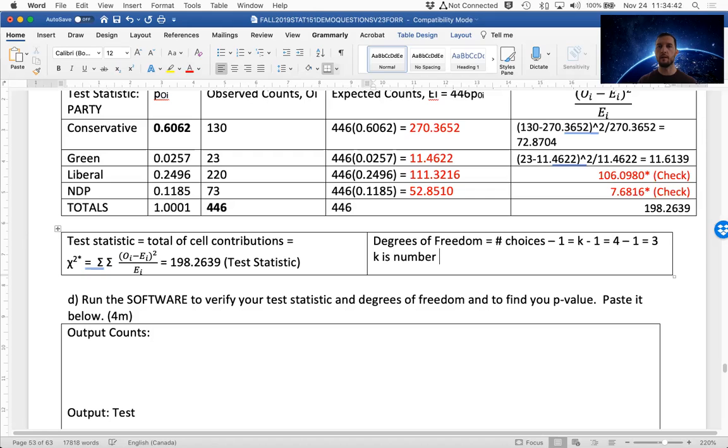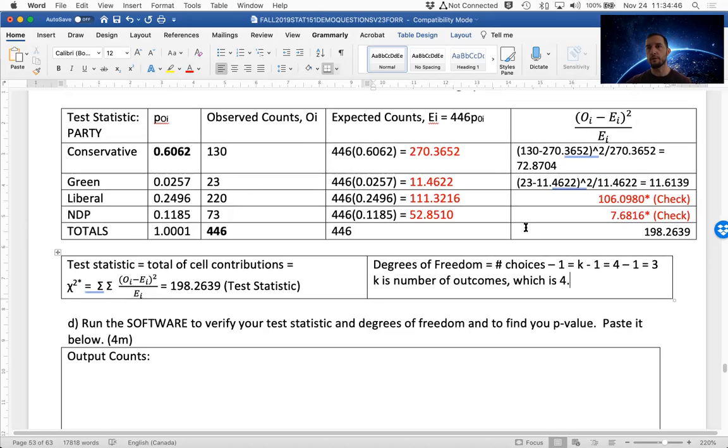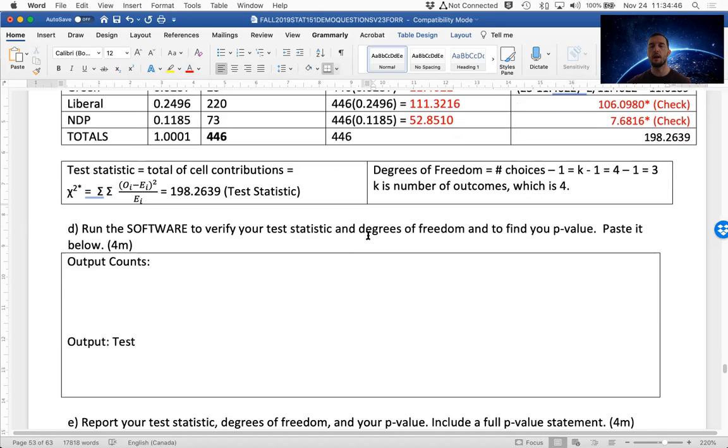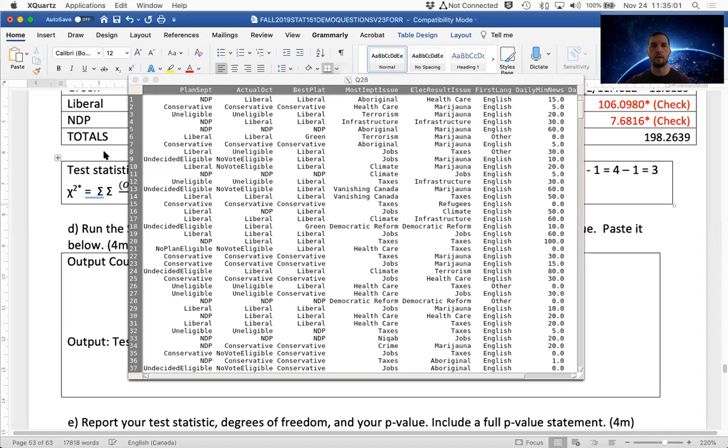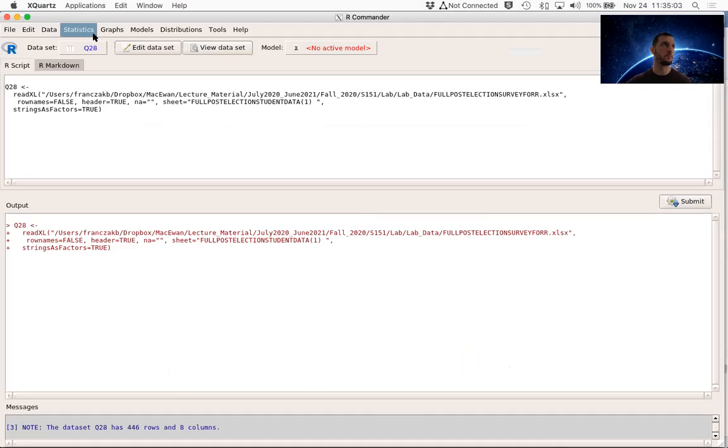is number of outcomes, which is 4. Because we have 4 different parties that you could fall into. So this is how you work through the calculation of the test statistic by hand. Now in Rcmdr, of course, we don't have to do this. So we open Rcmdr, and to run this test,